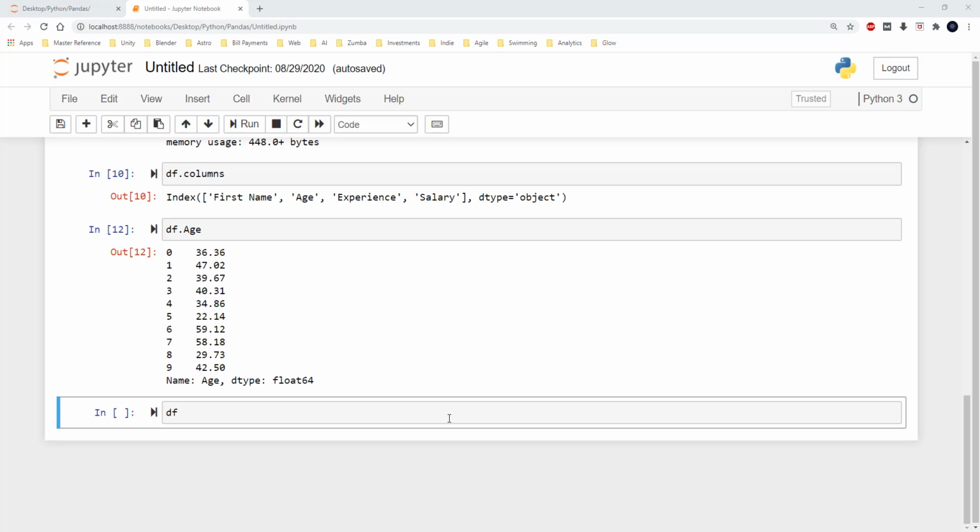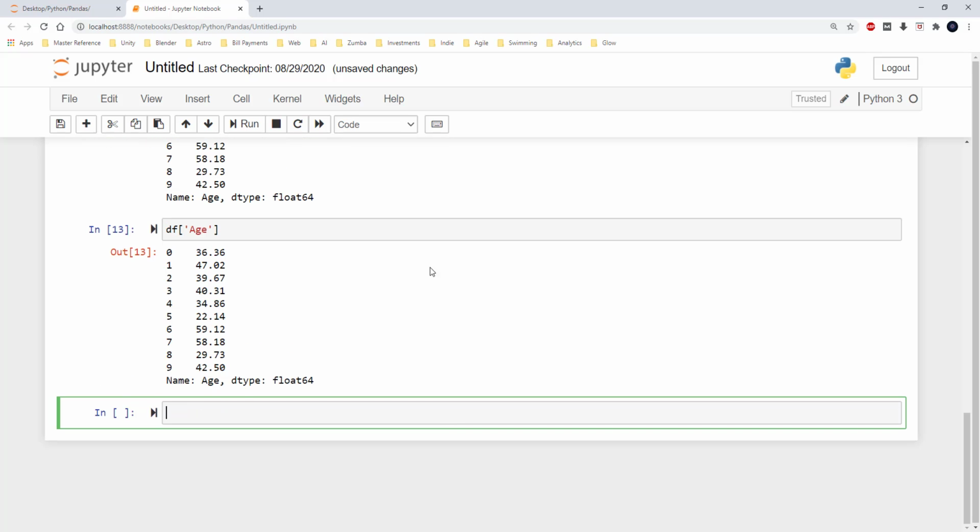I can also get the value of age by mentioning the column name in brackets as I am doing in here. So if I just run this, I will be able to get the value of age, and I can also give more values by mentioning different column names in the same format. Now I want to have the first name, and then I wanted to also get the age.